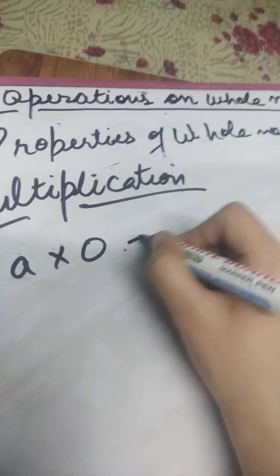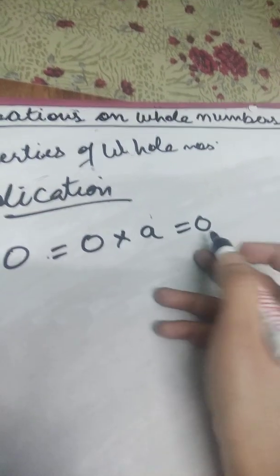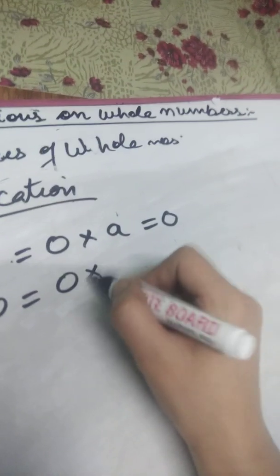Now next we have the fifth part, the multiplicative property of 0. If A is any whole number, then A into 0 is 0 into A, that is 0. Simply what we have been doing, that if you multiply 0 by any number, you get a 0. You change the order, you multiply A with the 0, again 0. Example, if I take 5 into 0, or I change the order and write 0 into 5, it will be 0. This is what the law says.